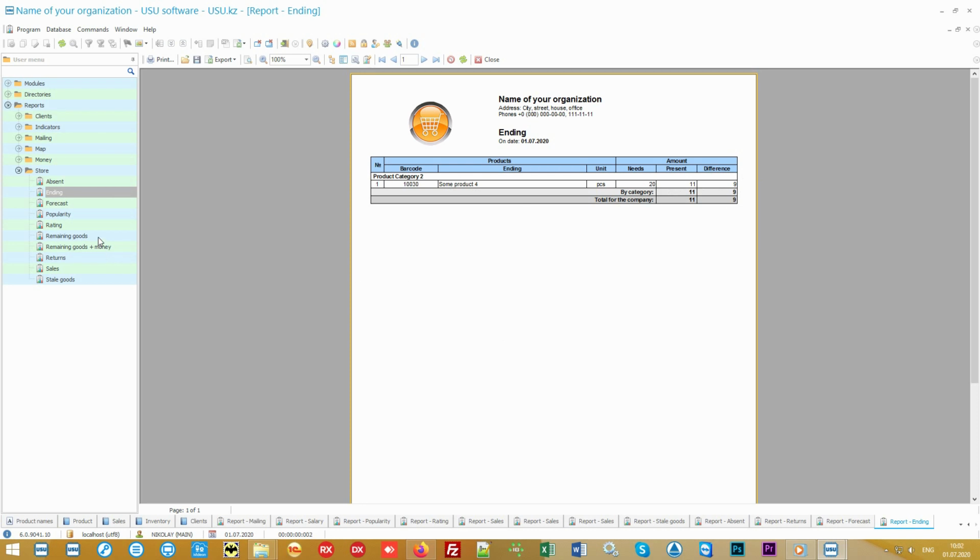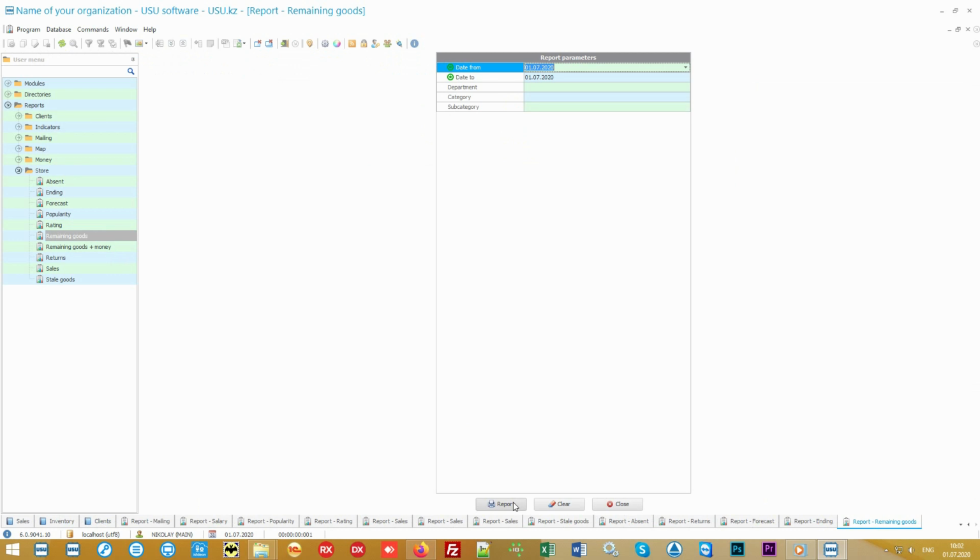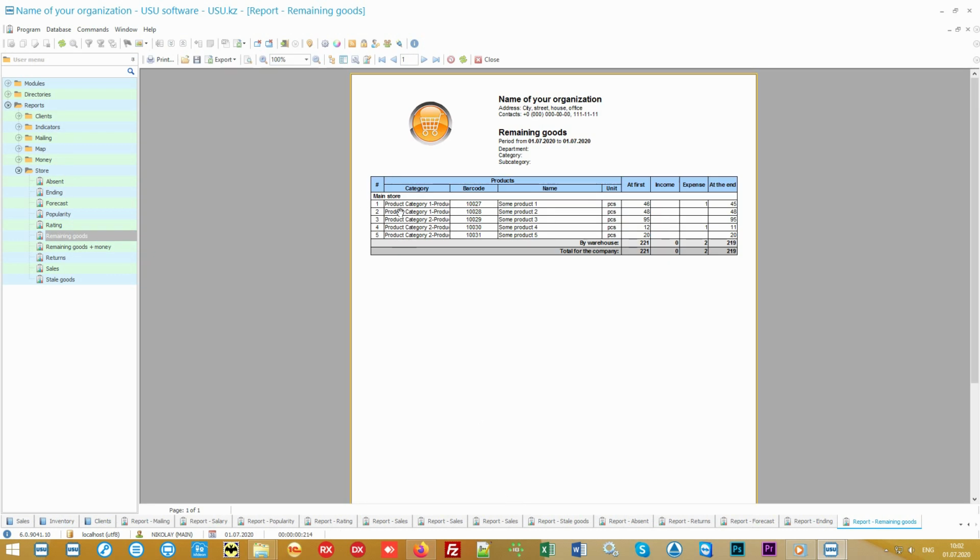The main report is, of course, the remaining goods. You can form it by any warehouse or store. If you have a network of units, none of them will be left without control. You can even make one store see the remaining goods of another in order to check availability and send the customer to your other store. Please note that the special software can work both on a local network and through the internet. So combining all the stores into a single, successfully functioning structure is not a problem for us.